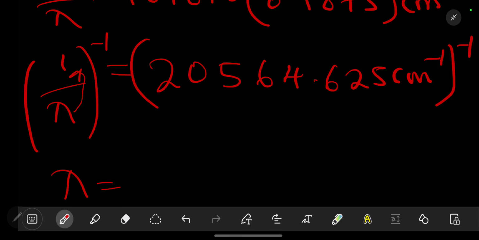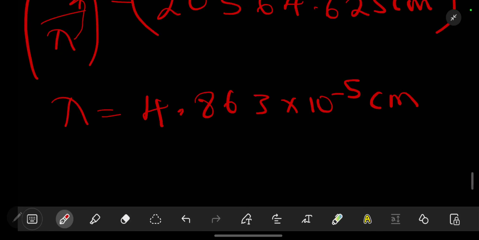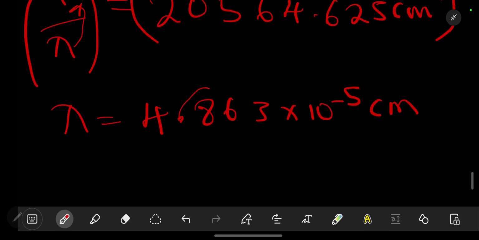This will give us 4.863 times 10 to the power -5 centimeters. So now we are going to move it 2 times so that we can have the wavelength is equal to